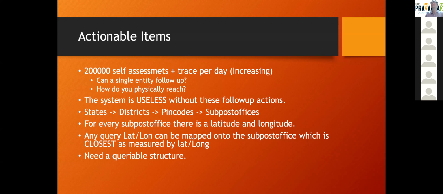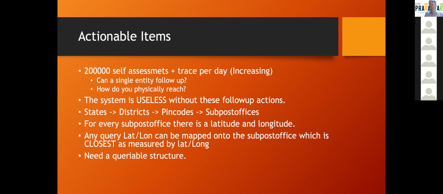Now what we did was we took this location information and classified it into levels. So I could have states, within states we have districts, within districts we have pin codes, within pin codes we have sub-post offices. India has 1,55,625, little here and there, sub-post offices. Now every location, the GPS location that we are getting, we map on to some sub-post office. Now this essentially becomes